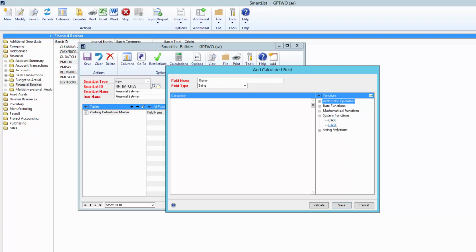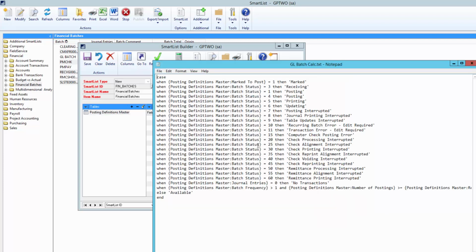Casting, we can take one data type into another. If you're storing dollar amounts in a user-defined field, those are a lot of times strings, we can cast it to an integer so that you can actually do a calculation on that currency value. Or case statements, which is what we're going to use, is an if-then scenario, so we can go through checking different scenarios, and if anything's true, then it'll do what we tell it to do.